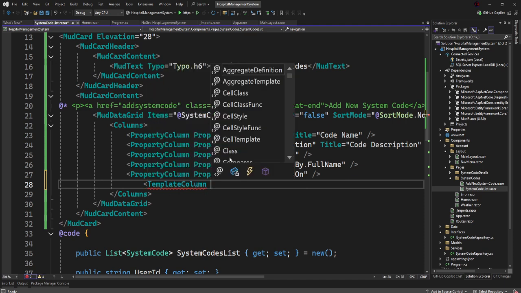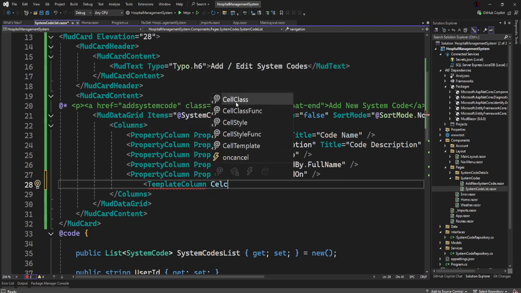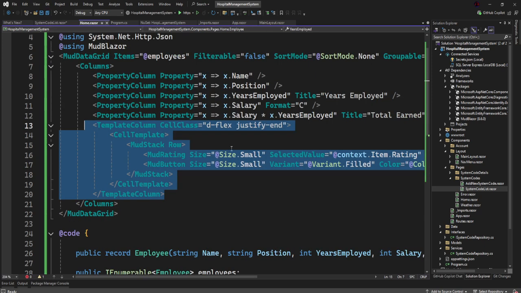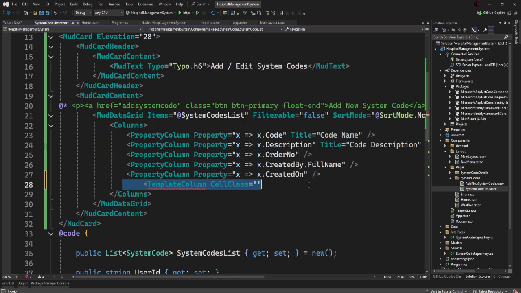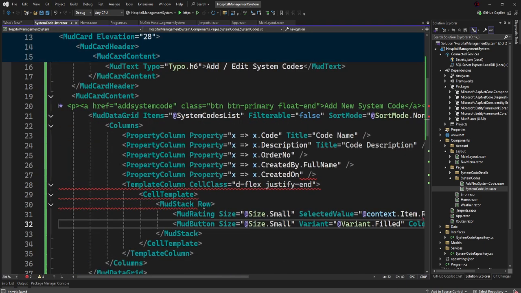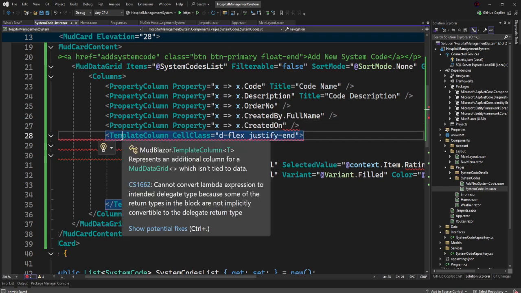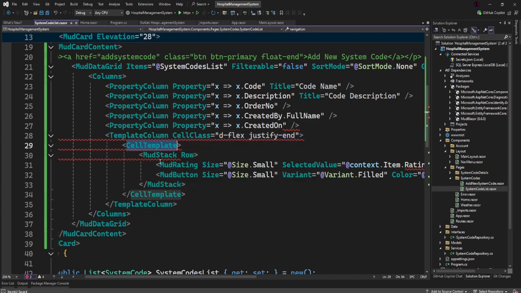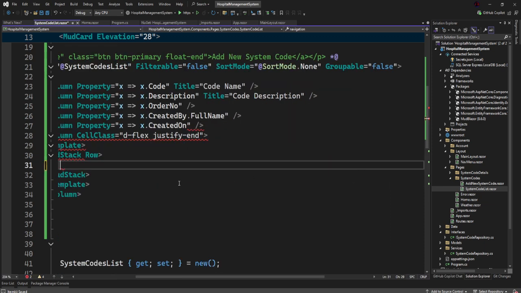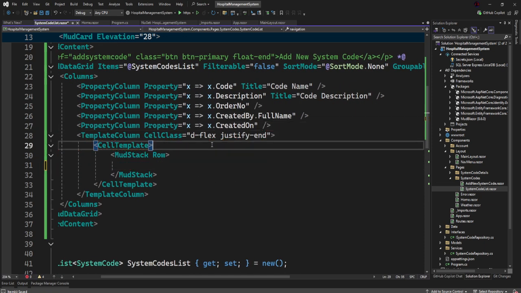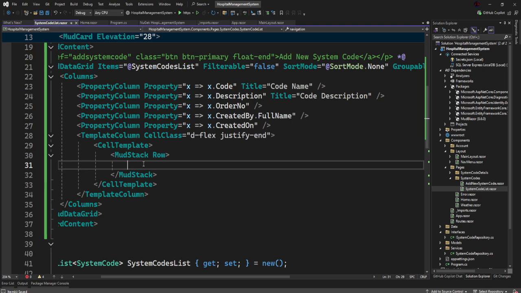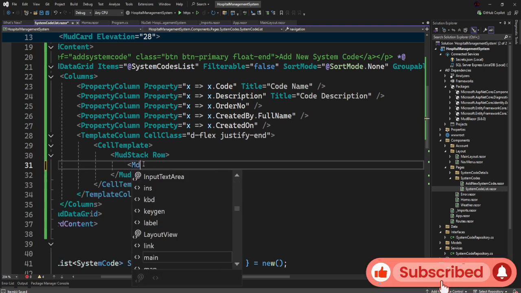So template column, then we can say cell class. You can even use what was there under home. You can copy all this up to here. But for us now, that's okay. We are using the cell template, MudStack row. Then we don't need these particular buttons. So I want us to add the MudButtons. So we'll just do Mud